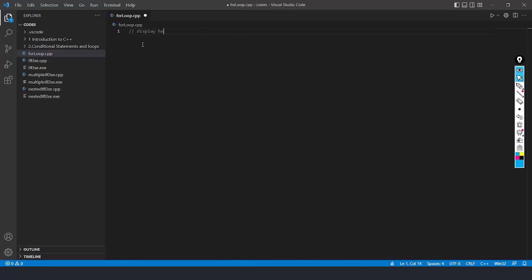to display hello world 10 times. In the normal method, it would have taken 10 lines of code, cout hello world, cout hello world, but that's not what we want. That is a repetitive task, so we're going to do it with the for loop. As in the for loop, we already know that there are going to be three things, so we'll understand that. Before that, I'll write the header file